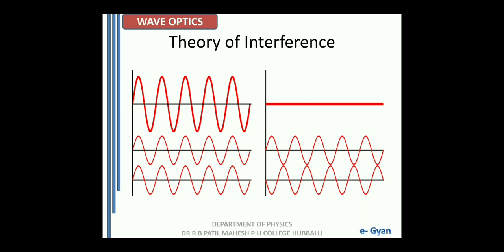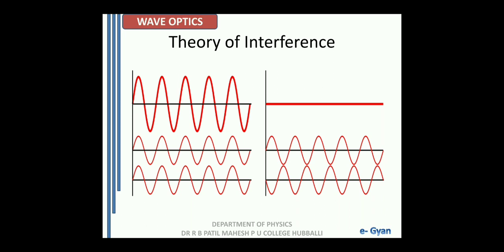So the case where we get the increased disturbance is called constructive superposition, and the one where the disturbance gets negated, 0, is called destructive superposition. So the waves can superpose constructively as well as destructively. If the waves which superpose are in phase, it gives higher amplitude, and if two waves of the same amplitude superpose 180 degrees out of phase, then the resultant wave will have 0 displacement.